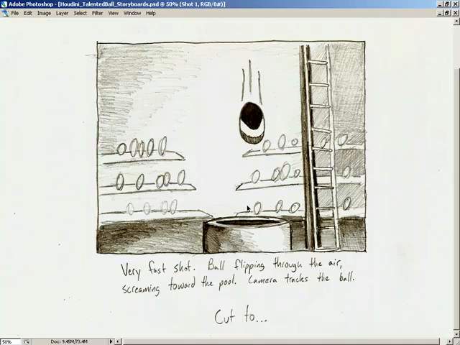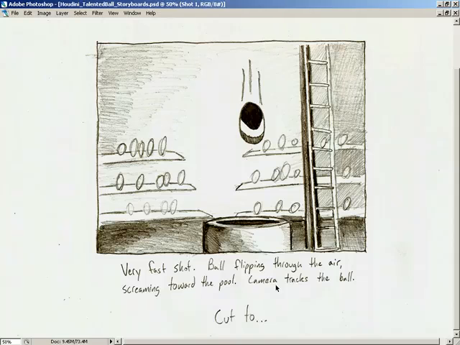He's doing a flip through the air. This is his performance. This is his piece that he's really proud of. So he's doing a backflip as he dives. And he's coming down through the air, screaming towards the pool, it says in the storyboard. And the camera's going to pan down. It's going to be looking up at the bull on the diving board and very quickly pan down to watch the bull fall into the pool,